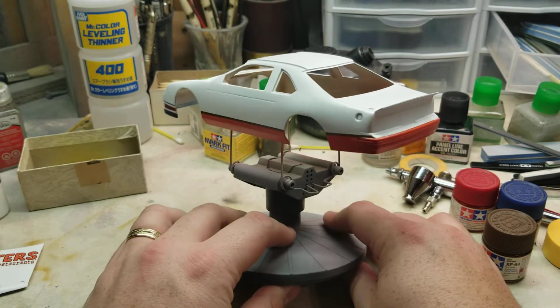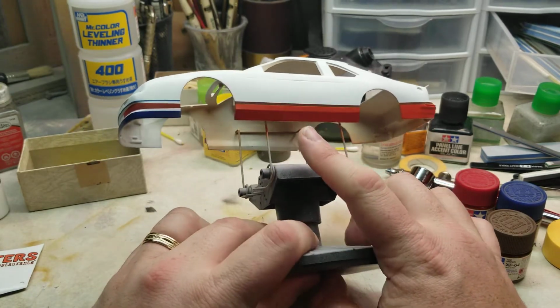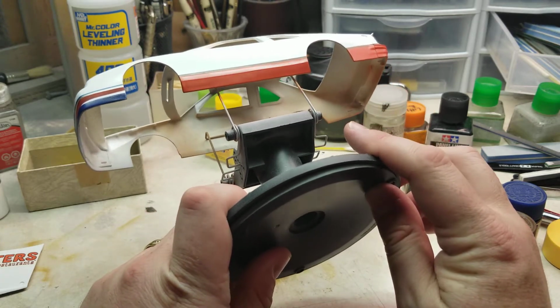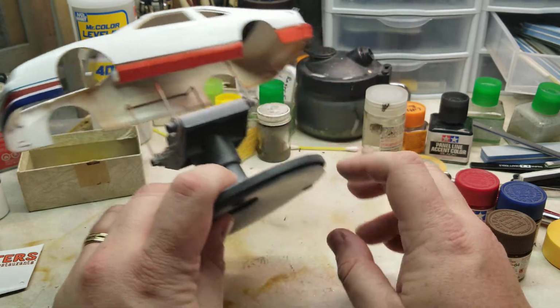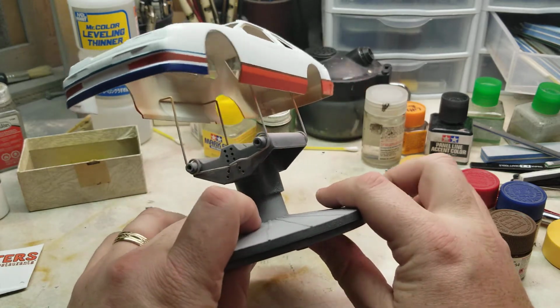So overall, I absolutely love how this came out. I did have to do a tiny bit of touch up here on this side, so I'm still waiting on the orange to dry back. On this side, where I had to do a little bit of a respray and stuff like that, I think it'll brighten up a little bit. The other side seemed to